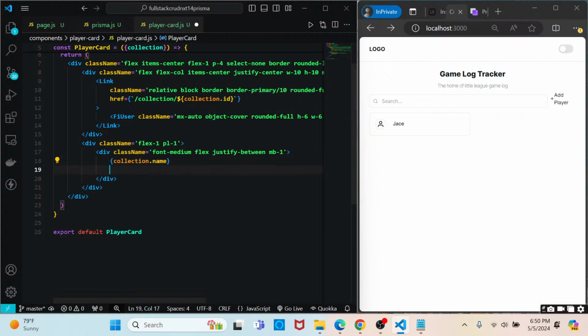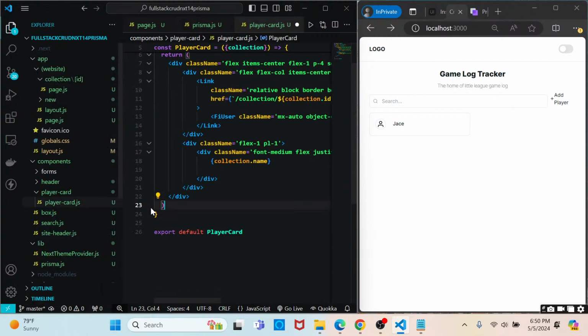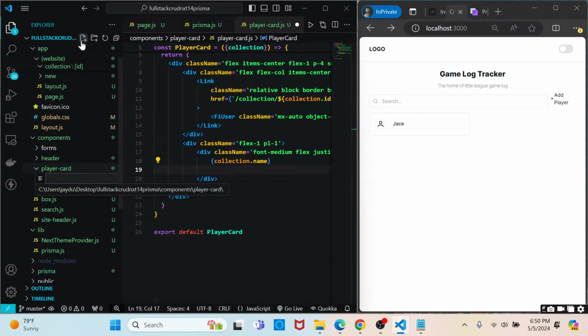And then underneath it, we want to pass in the sport icon, or we want to pass in what sport the player is playing. And I gave it a little bit of color so that it's not just the word football or soccer or whatever. We want it to have a dynamic background based on the sport that the user is going with. So inside of the player card directory, inside of components, let's add a file named